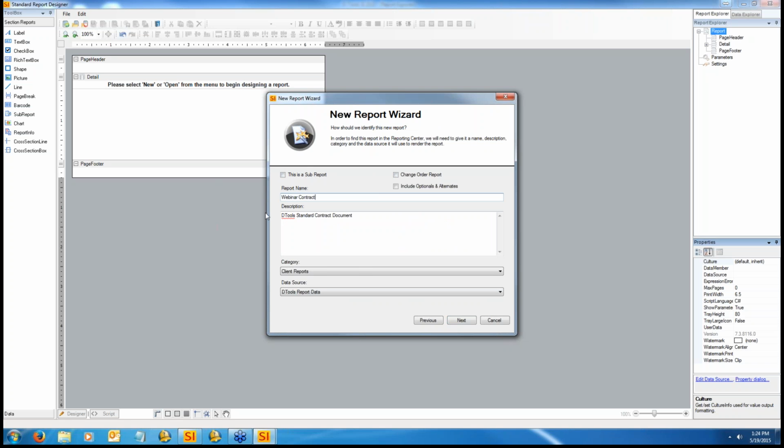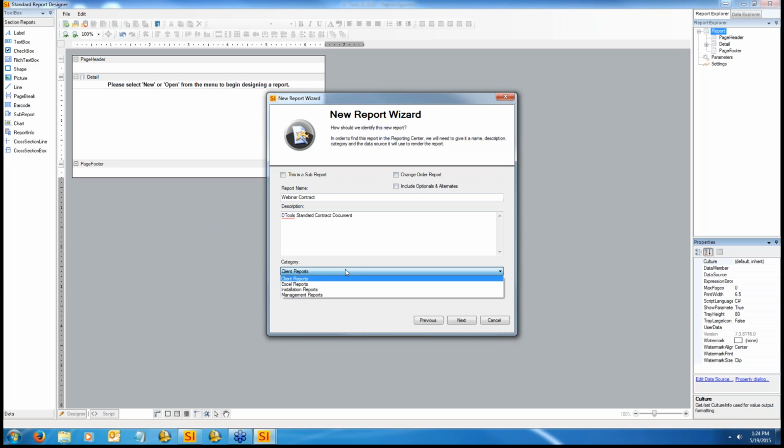We'll turn this into a change order report. As you might notice, you're not able to access the change order report from the main client section. If you click on the client button under the reports tab, change order is not going to be there. You only see change order reports when you're making a change order. And include optionals and alternates, that's for legacy